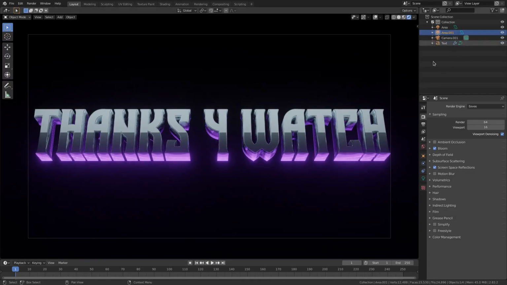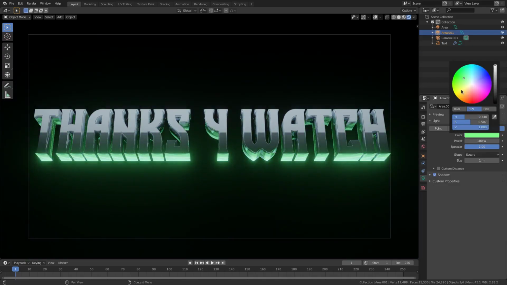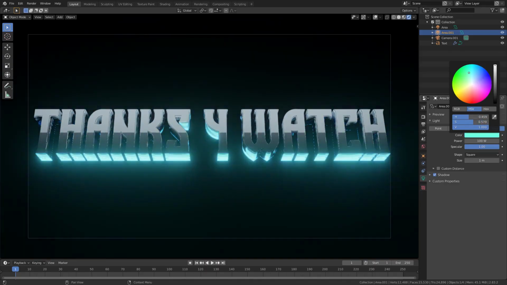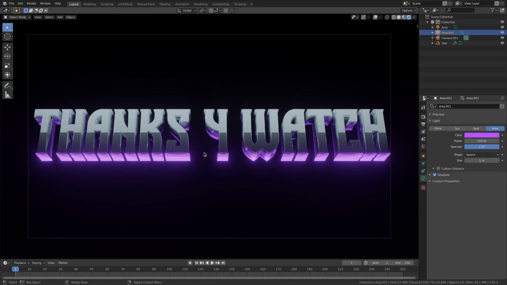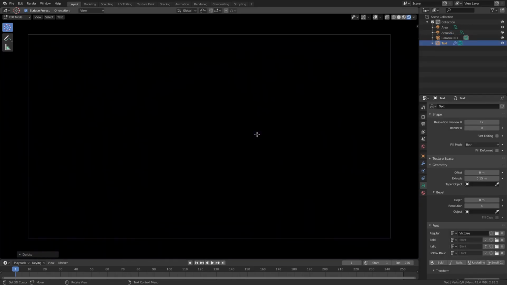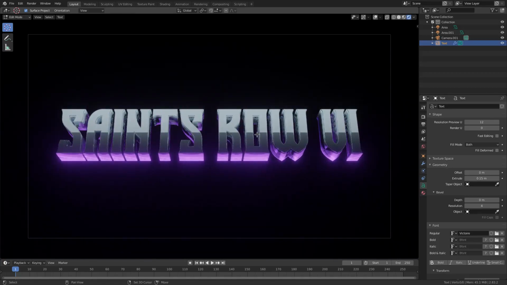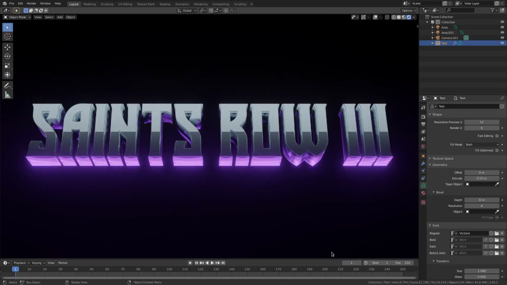You can change the color of the purple by just changing the purple color. So I can change it to green, yellow, red, pink, blue. Yeah, I'm gonna leave that on what we had because the purple just looks really cool. Plus, it does really look like Saints Row if I leave it purple. There we go. It looks really cool. One of my favorite things we've ever done. I just really love how clean and simple it is and how fancy and sleek and shiny it is.